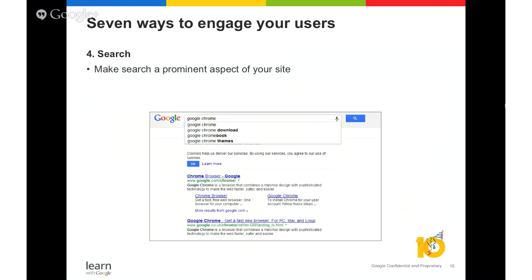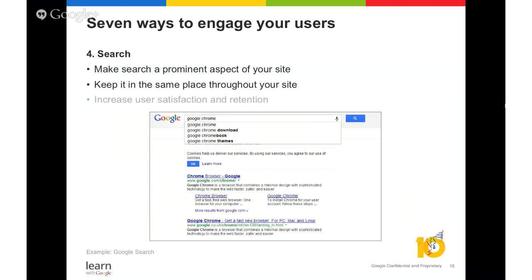Number 4, search. Think of search really as your opportunity to grab your users and help get them what they're looking for. Odds are, if I'm a user coming into your site, I'm going to take a quick look and see what jumps out at me according to the design principles we talked about in the first section. But if I'm still looking for a piece of content that I can't find and I really want to hunt it down, and there's a nice clean prompt